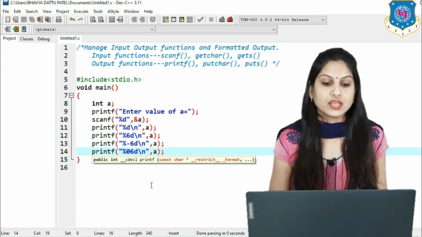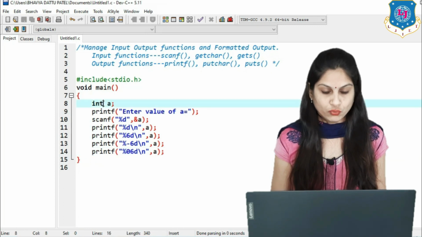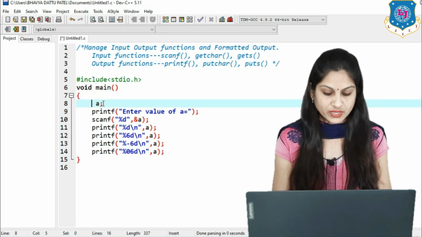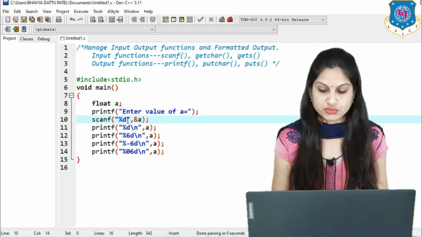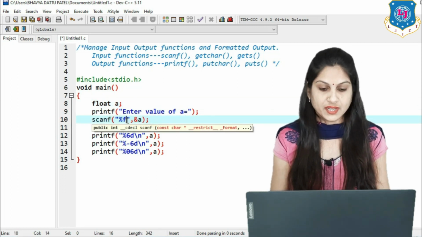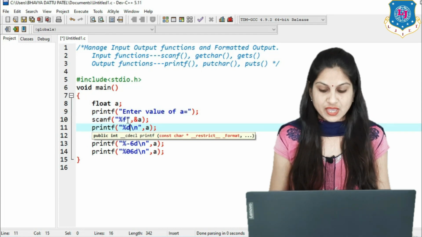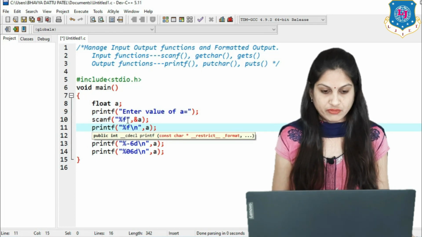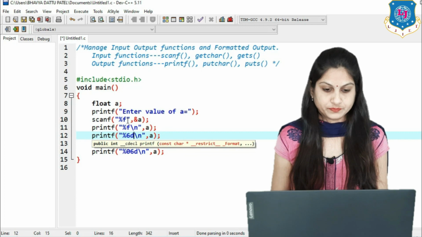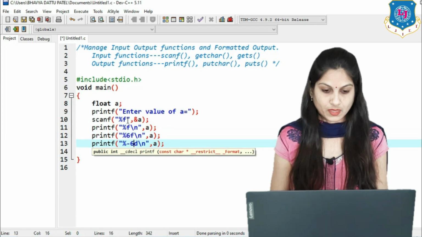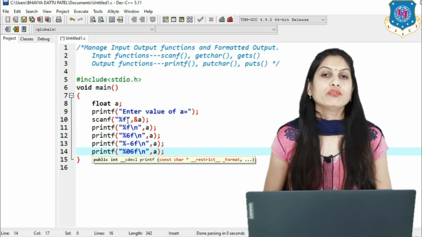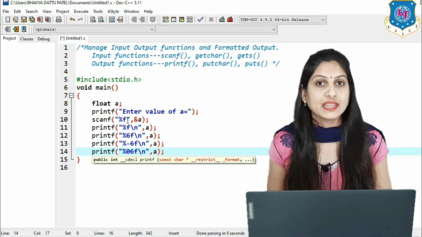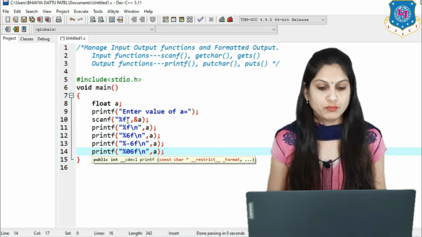Now check for another kind of data, that is float. So instead of integer, I am now putting float and changing the control string to %f. So here we are writing %f everywhere. Now if you remember, a float value means a real value, with a decimal point.